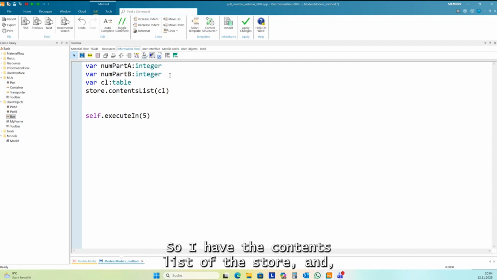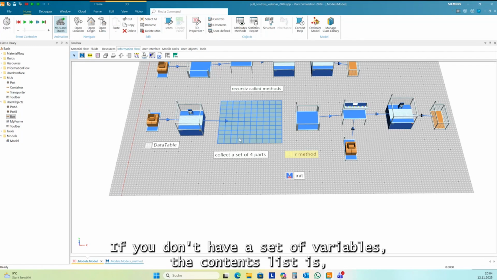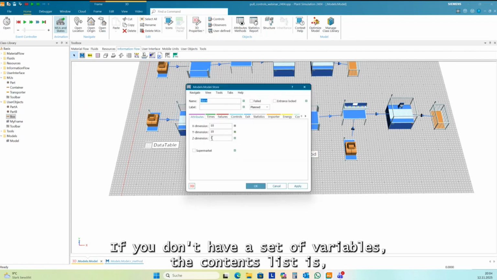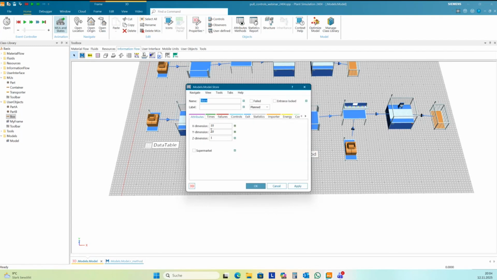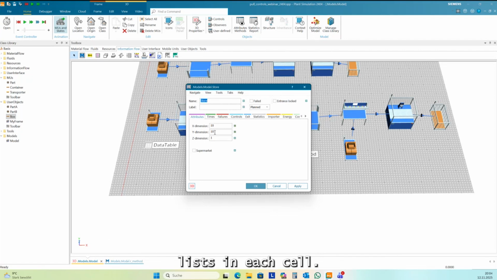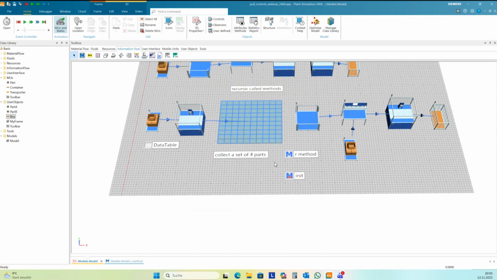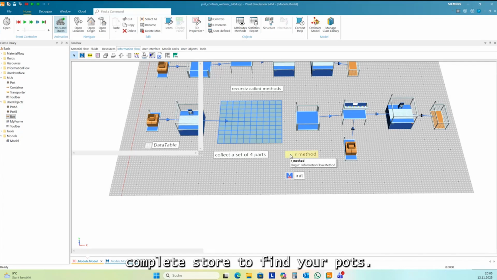So I have the contents list of the store, and it depends on your store. If you don't have a set variable, the contents list is a two-dimensional table. If you have more than one set dimension, then you have a table with lists in each cell, and this makes it more complicated if you want to run through the complete store to find your parts.